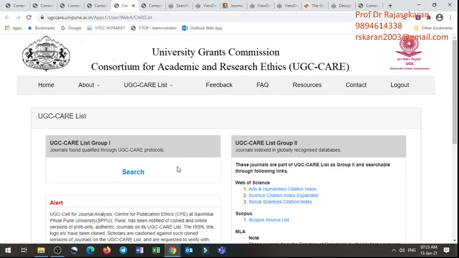Similarly, for the Web of Science, you have to create a login ID, which is very simple. You just have to register, go there and check. After that, similarly to how I have searched, you can search based on the title, ISSN number, publisher, even the author name. The same thing is applicable for Scopus also. Let us try whether Scopus works.